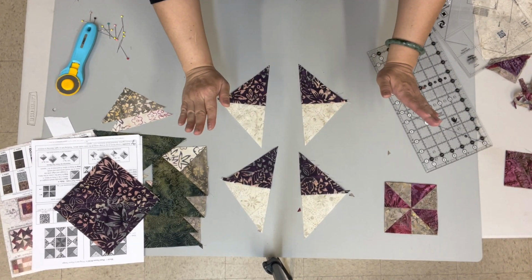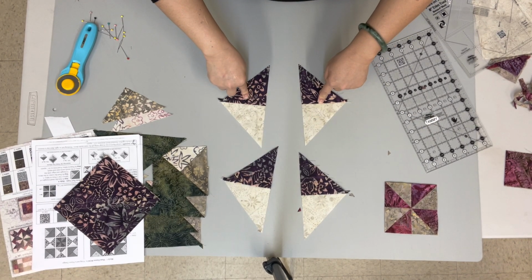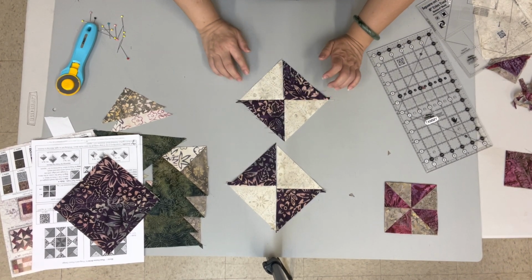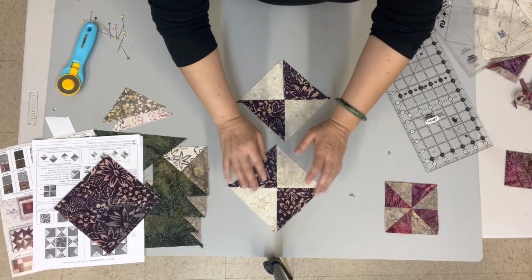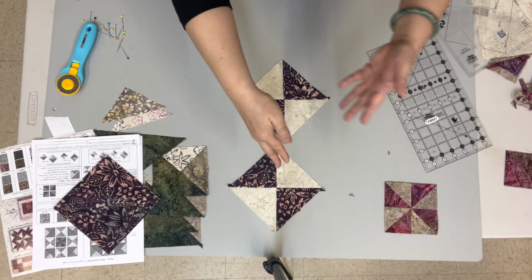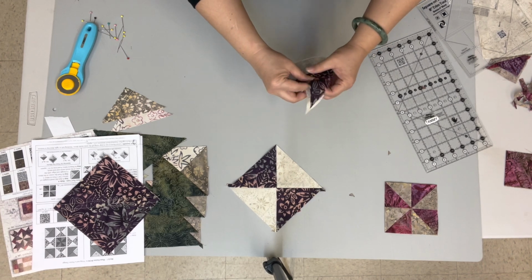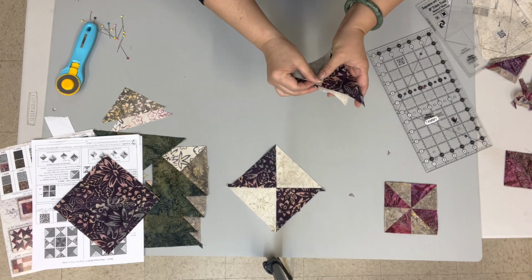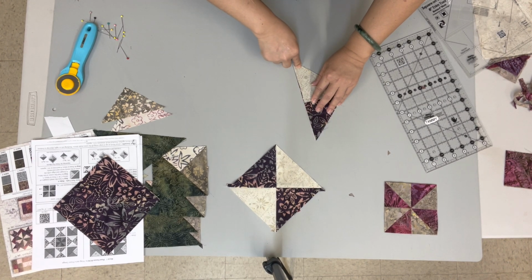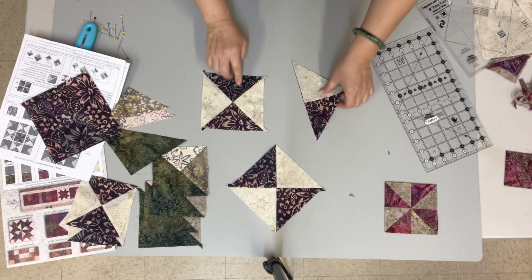Now, because they're quarter square triangles, there's wackiness. You need to have 2 of them and turn them around to make opposites. So you can't just cut one and manipulate it into the quarter square triangle. You have to have 2 half square triangles and then manipulate them into the quarter squares. So when I sew these together, I'm going to line up those seams so they butt exactly before sewing. Okay? Once they're sewn, and I have it here,